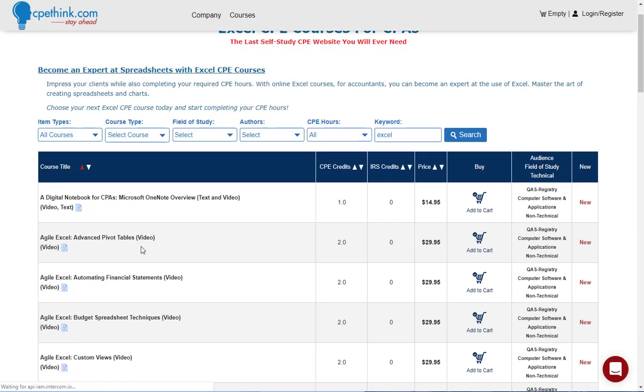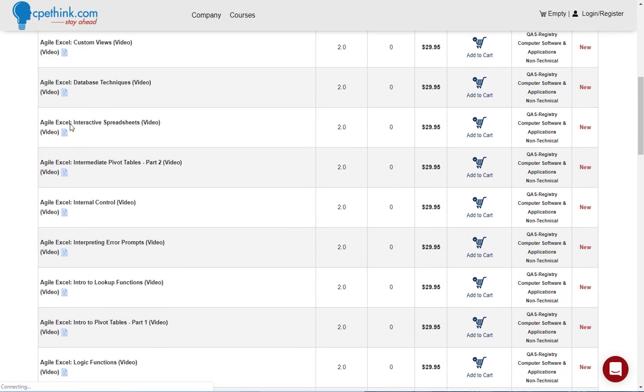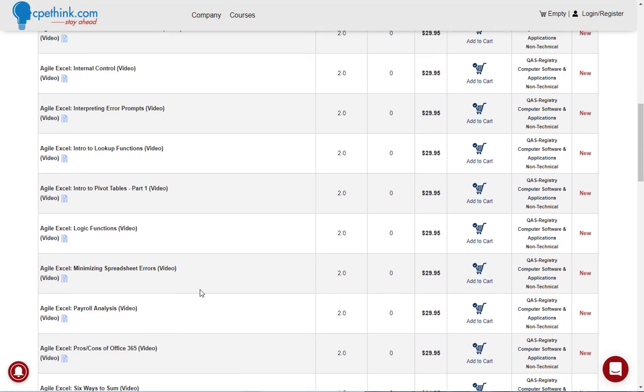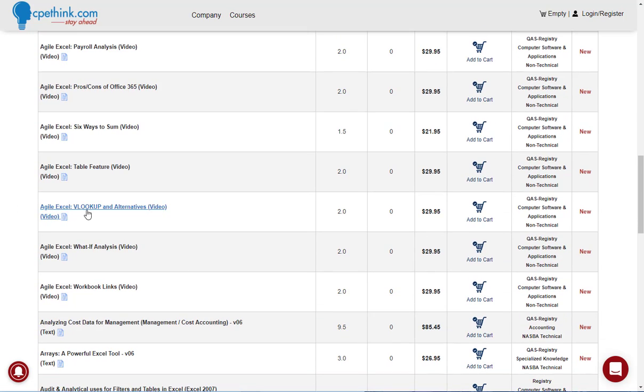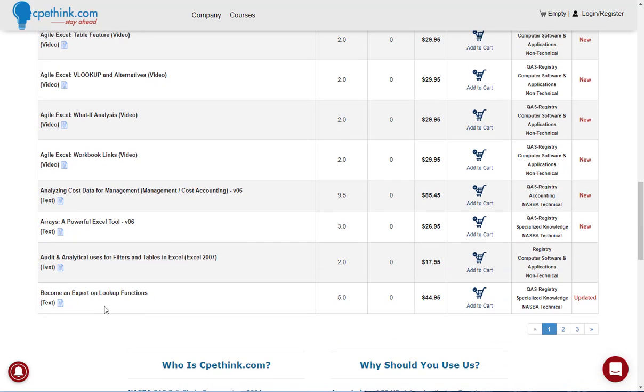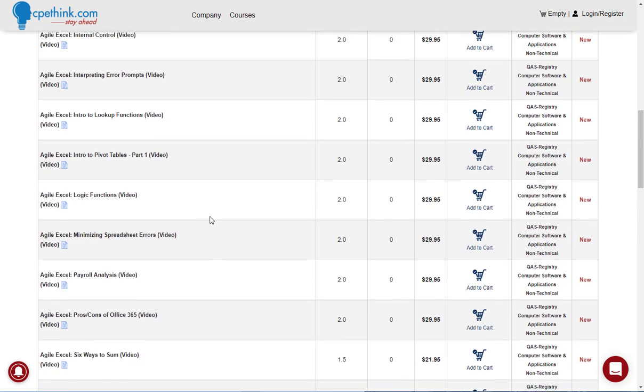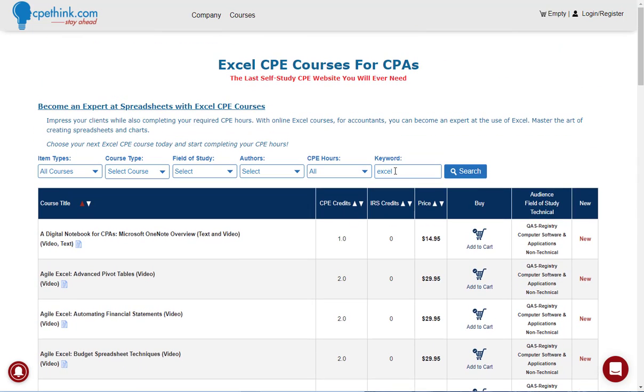And you'll see we have several in video here, different topics: database, interactive, spreadsheets, lookup functions, pivot tables, got a lot on pivot tables, logic functions, VLOOKUP, table features, and I believe we have about 54. I'll show you another way to look for these that will tell us exactly how many. You put Excel in the keyword and leave all the others as the default. Click search